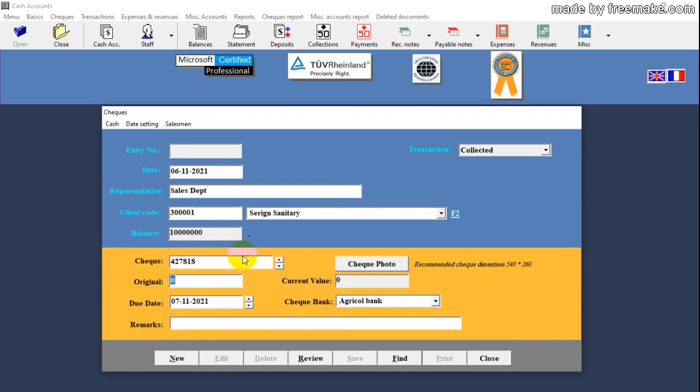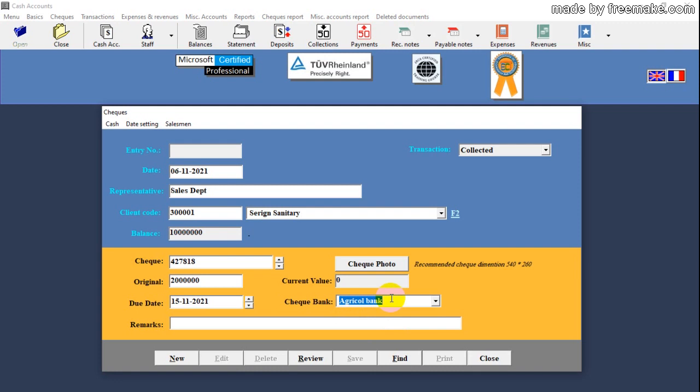And I will write the value of the check, for example. This is a check with 2 million SIFA. And the due date on that date, and this is a check on Coris Bank, Agricole Bank, as you like,